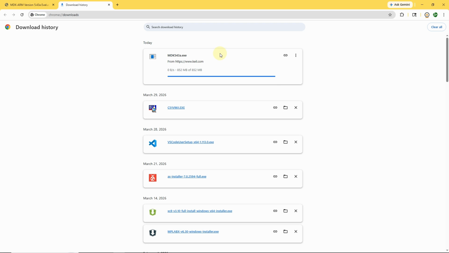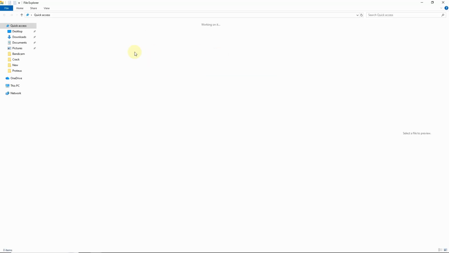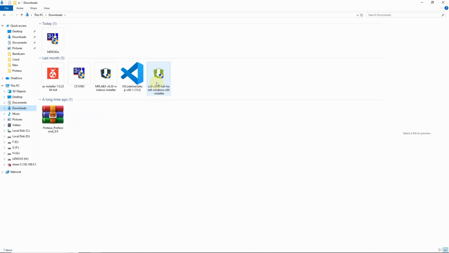You can see I'm just going to open the downloads folder, and this is the setup of MDK-ARM version of Keil software. I'm just going to double click on this for starting the installation process of this particular software. And remember, I already have the C51 version which is dedicated for 8051 microcontrollers that I did in a previous video, that is already installed in my PC. I'm just going to double click on this,